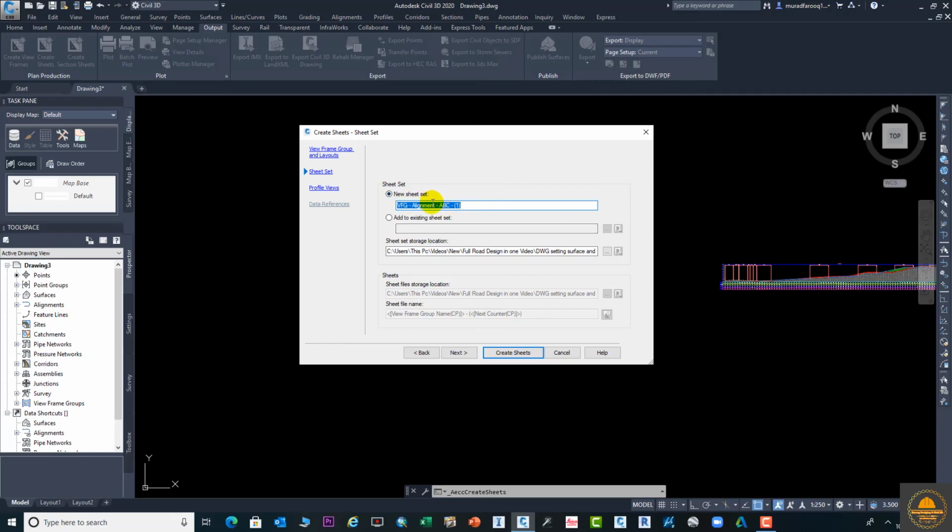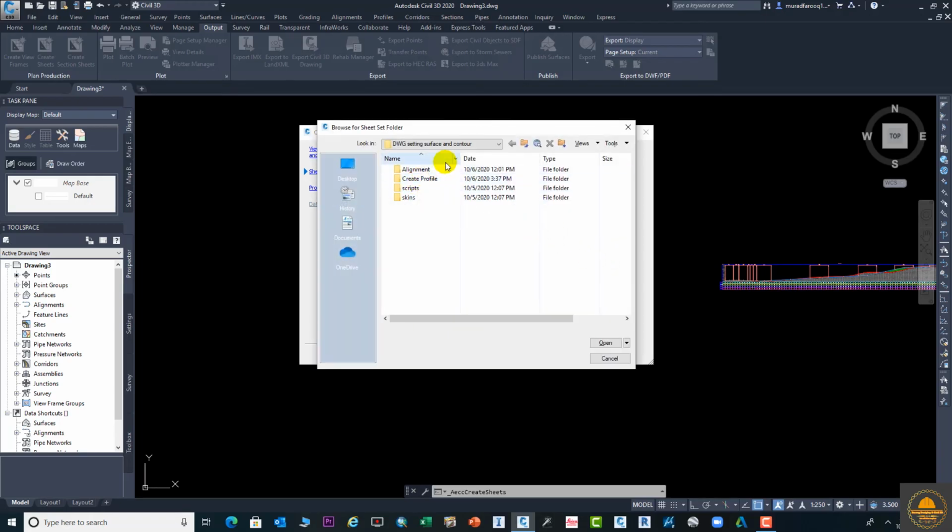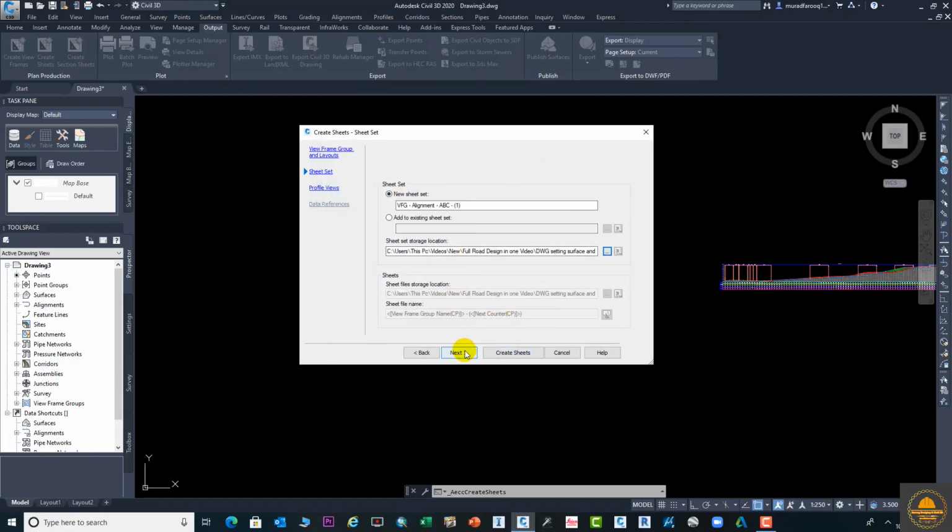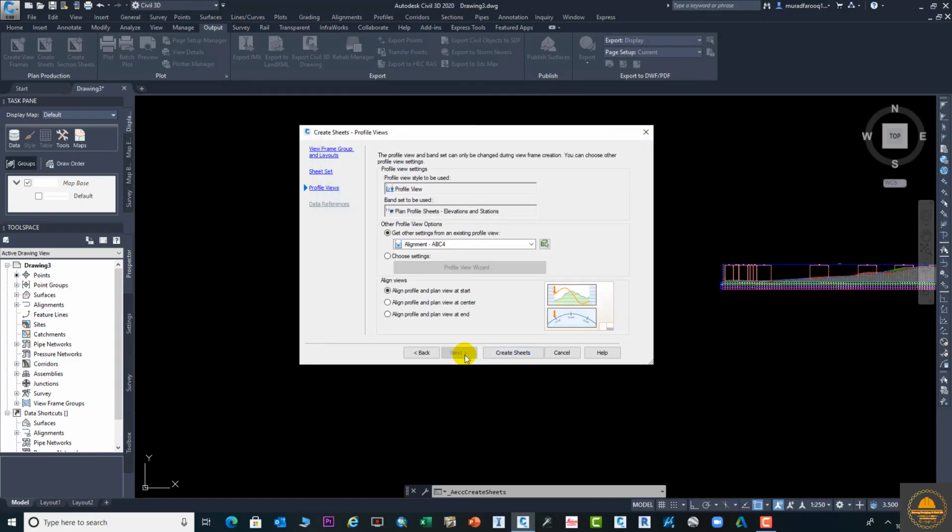Here you can see this option will stay. From here you can select this option, and where you need this one. Okay, we don't need to change this. And next. Okay, here is the thing,